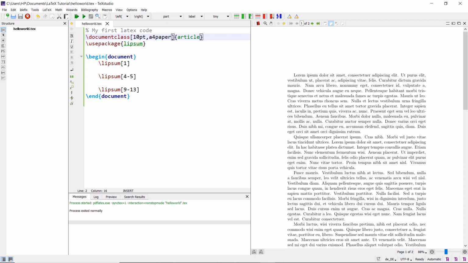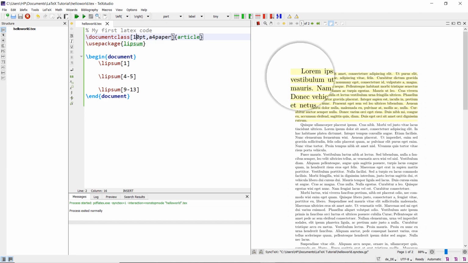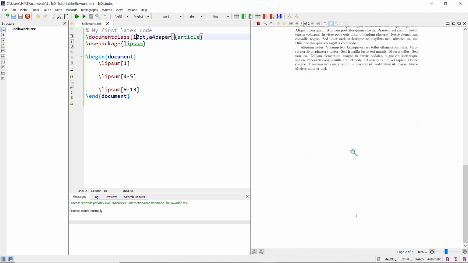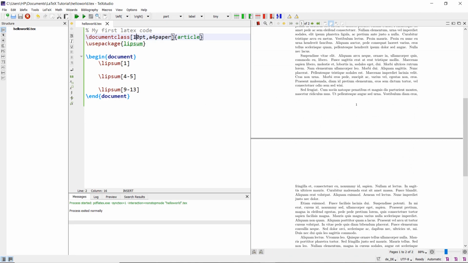So let us see. You can just keep looking at the right-hand side of this screen, where the PDF is. I am now going to compile and build it. You can see this font size got reduced. This is how you can quickly reduce the font size. Remember, these font sizes are always relative, not absolute. Hence, they have to be understood in the context in which you are using them.